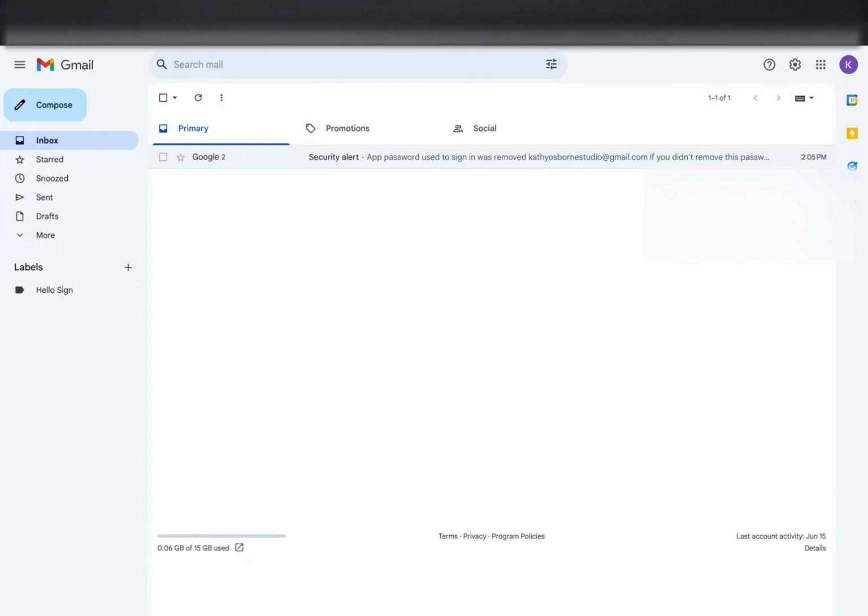So this video is going to show you how to get your Google app password so that we can place it into a plugin called WP-SMTP. You can watch my other video on how to set that plugin up, but for now this is just for the password. You're going to sign into your Gmail account or your Google account, and then you'll click on your